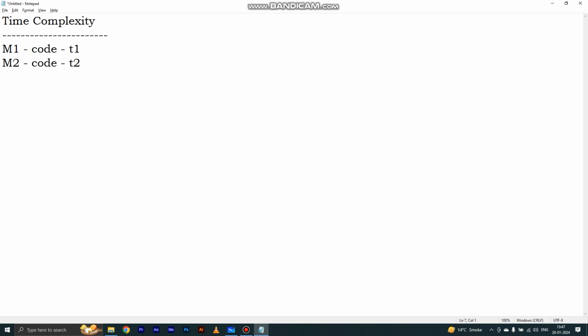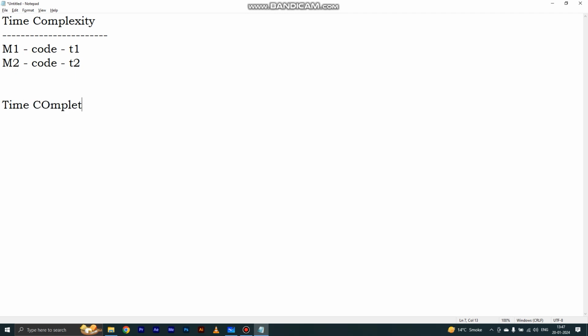So then what is time complexity? If the execution time is differing from machine to machine, then time complexity will never give you the time of actual execution of the code, right? You are correct that time complexity never gives you the execution time of code, but